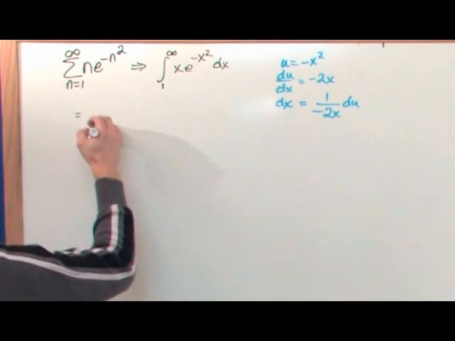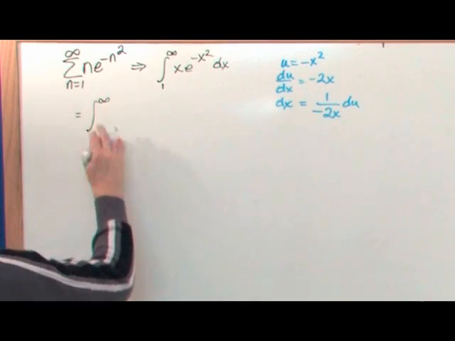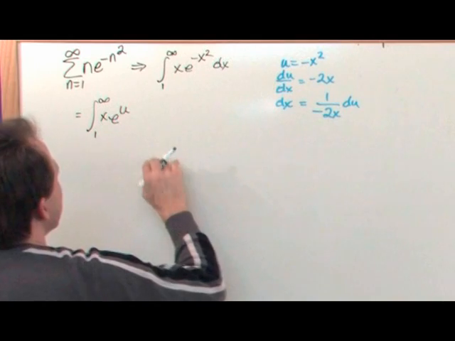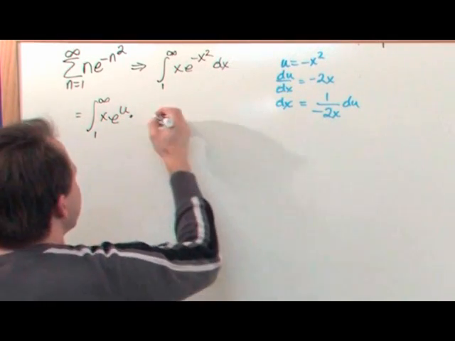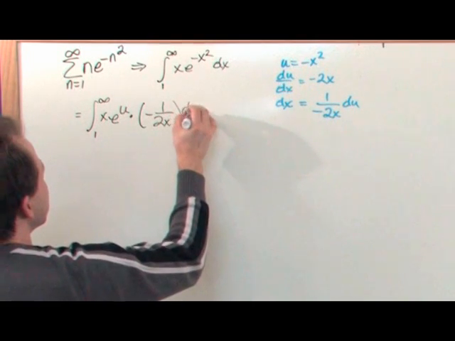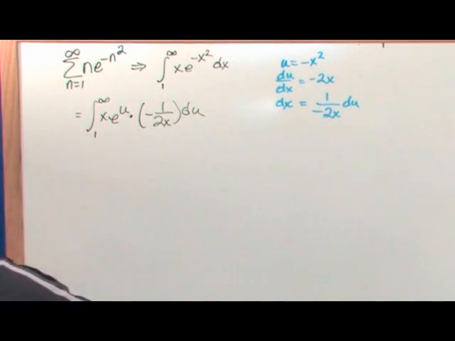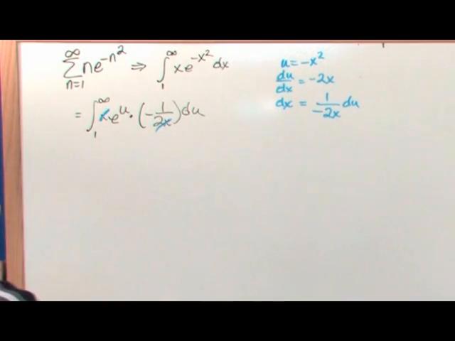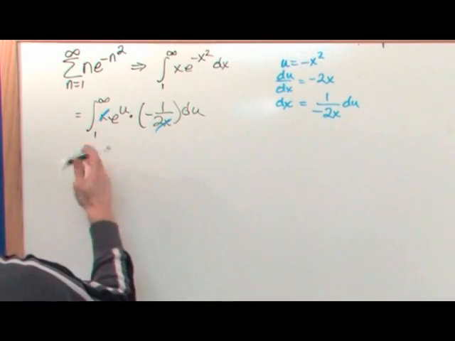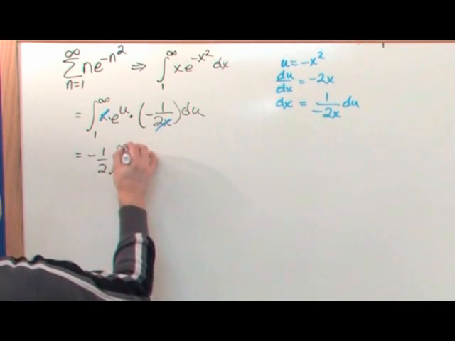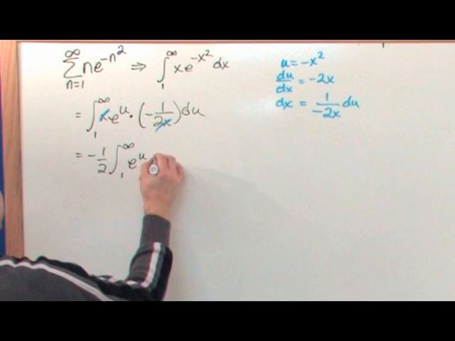And what we will see is that's equal to the integral from 1 to infinity of x times e to the u, because u is negative x squared, times dx, which is defined as negative 1 over 2x du. And you can see right away that the x cancels with the x, so that's good. And what I'm going to do in the next step is take the negative 1/2 and pull it out of the integral. So negative 1/2 times the integral from 1 to infinity of e to the u du,